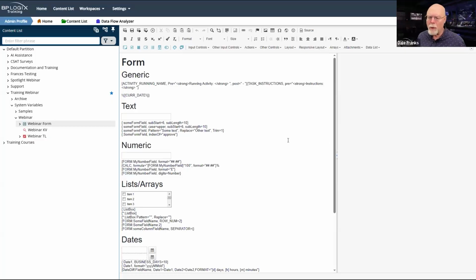Now, normally, whenever we talk about system variables, in the past I've talked about system variables in general and what the syntax is, and then I've talked about specific system variables and specific use cases. Today, we're going to pull back out a little bit from that specificity. We're not going to worry about how system variables are constructed.